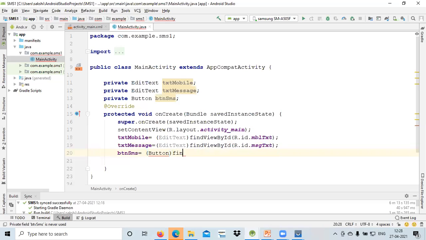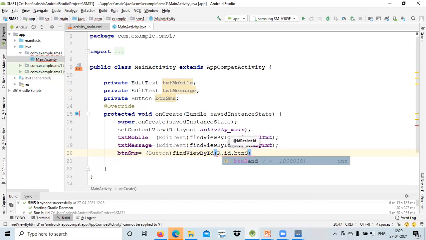Find view by ID, and for this particular thing I am using R dot ID dot, that is button send. Okay, so that is button send over there. Clear.